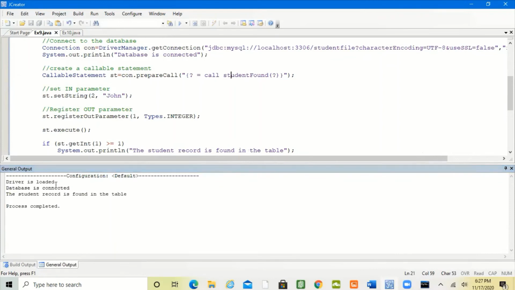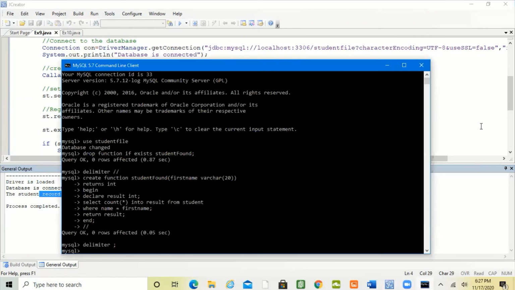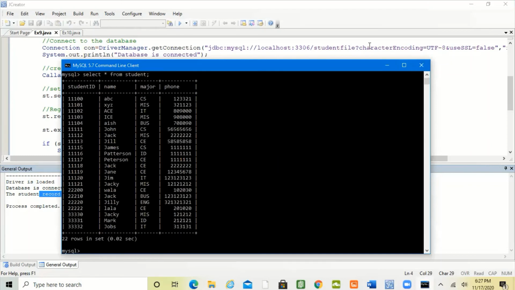So the driver is loaded, the database is connected, the student record is found in the table. What is the student? John. Can I see that? Select star from student. Do we have John? Here there is a John, and there's only one John record here.